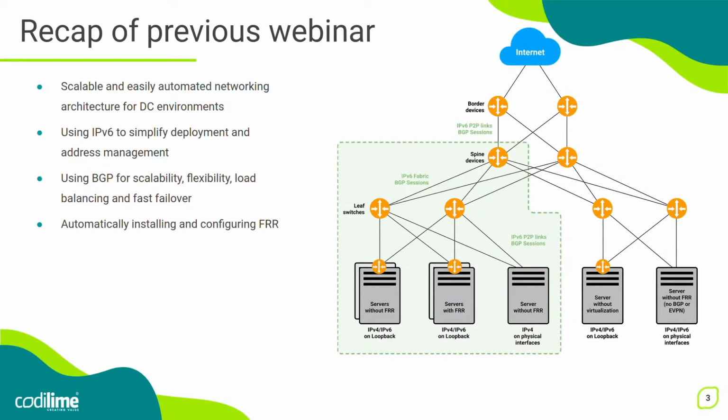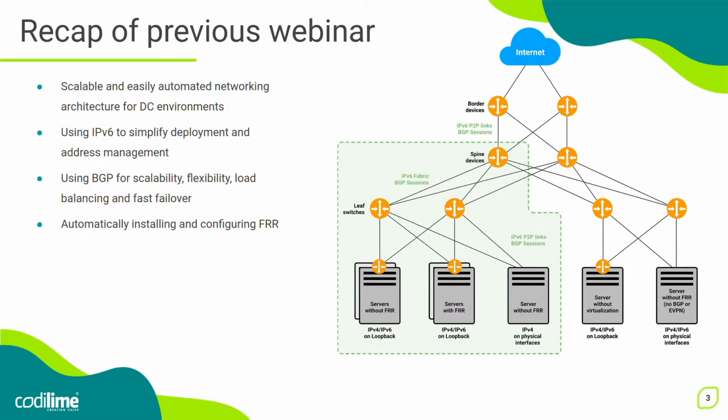Now, thanks to using a dynamic routing protocol, we can achieve load balancing when forwarding traffic through our data center. So if we've got multiple paths to the destination IP, these paths can be used together simultaneously to achieve better throughput. And if one of the interfaces or if one of the devices goes down, the failover will be really fast because we've introduced bidirectional forwarding detection into this topology, which allows for sub-second failovers.